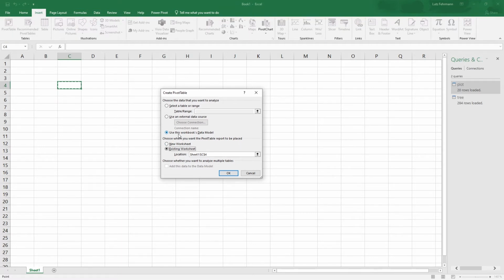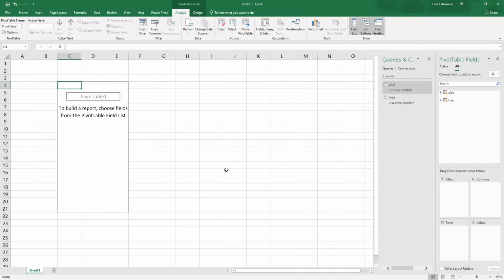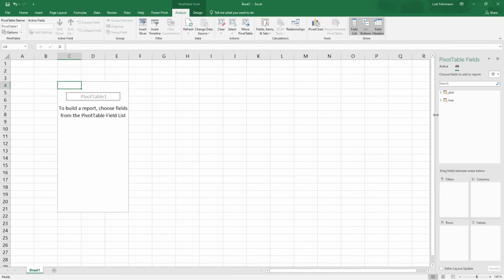These cross tabulations are very useful to aggregate data on different levels and to slice and filter your data on different levels. And if we have a data model in the background that is connected to queries and data, then we can also create a pivot table over these queries.